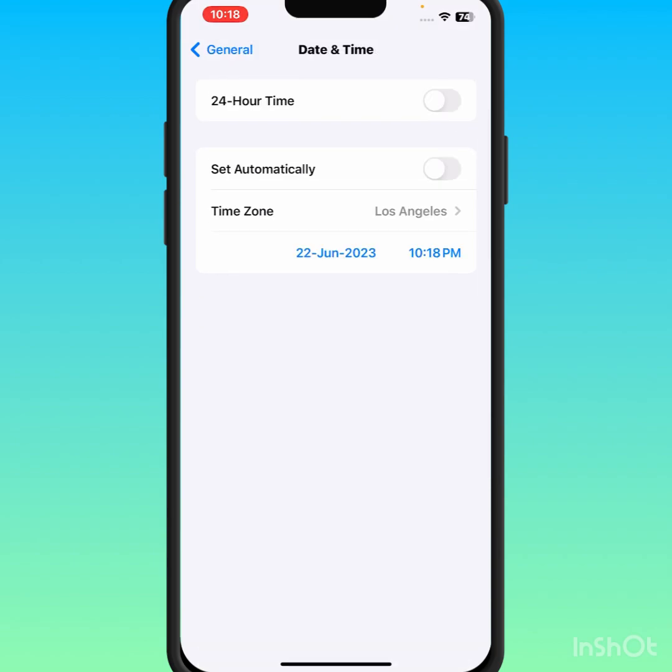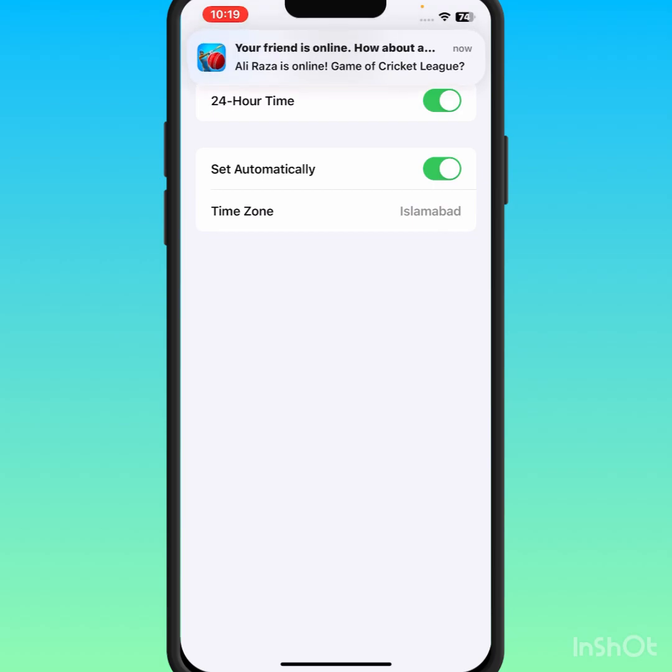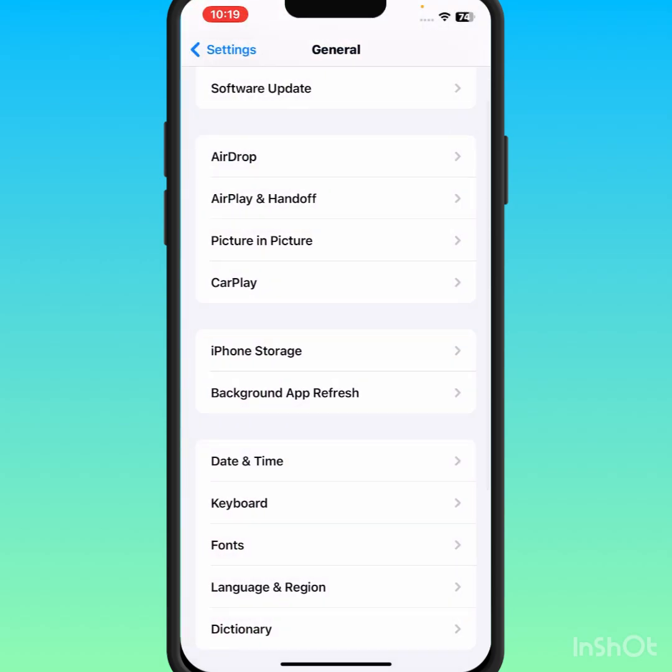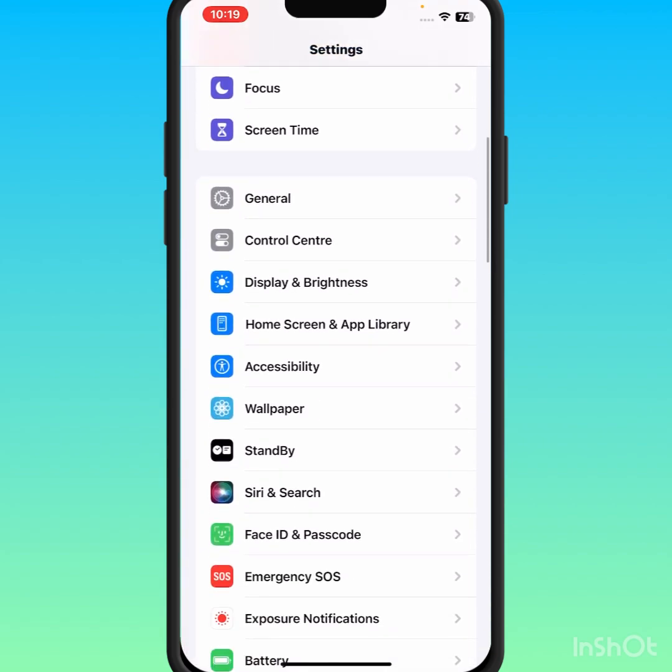From here make sure that you turn on this toggle. If the toggle is turned off, what you need to do is turn on the toggle and make sure that you select the correct date and time, and after that check whether the problem has been fixed or not. If the problem is not fixed, then go back and scroll down,